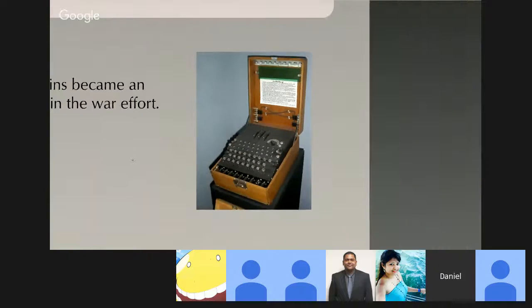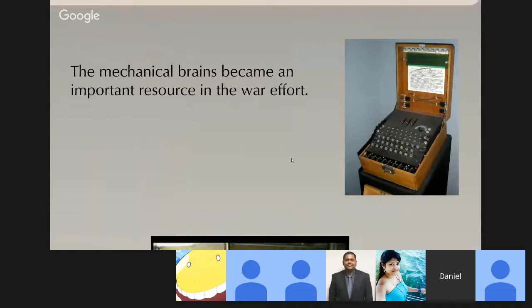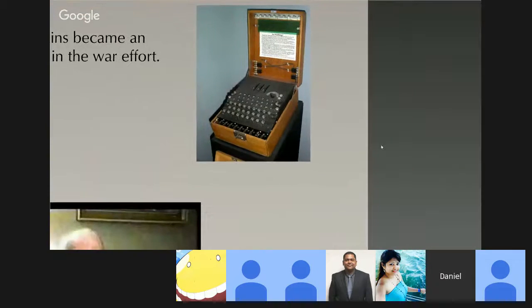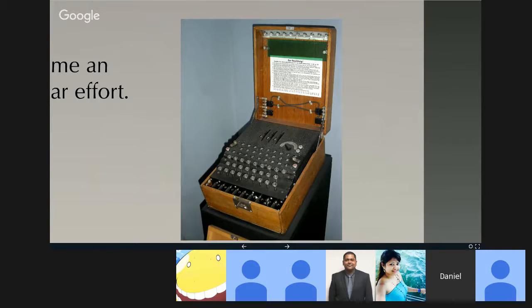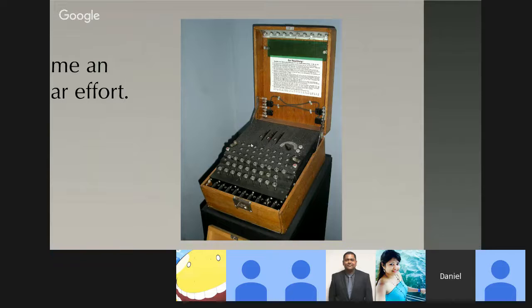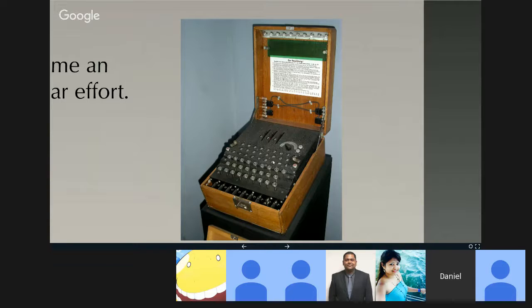So England decided to hire Turing because they thought Turing might be able to crack the code, and Turing did. Turing used England's money to build some of the very first computational devices in existence, and he used those as special purpose machines to crack the device. There were a bunch of things that the Germans did in their messages that made it a little bit easier to crack the Enigma code. For instance, Germans always ended their messages with Heil Hitler. So if you knew that that was always going to appear at the end of the message, then that was one of the tricks you could use to unravel the code.